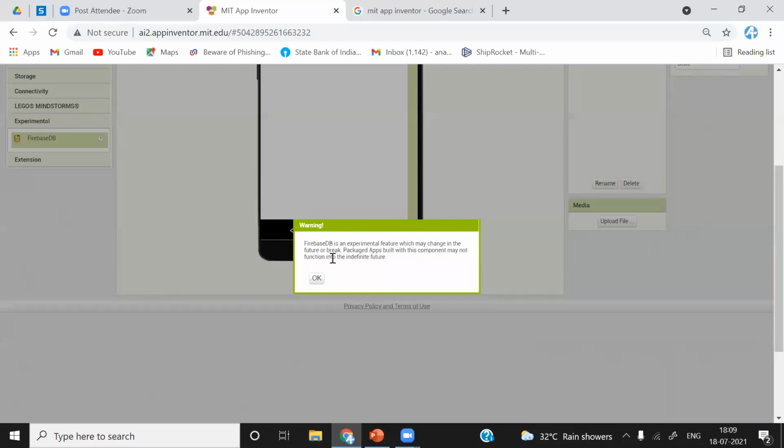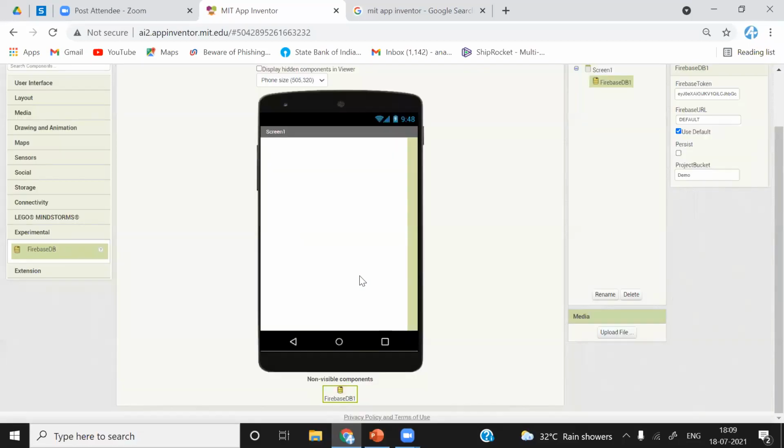You can see the warning: Firebase DB is an experimental feature which may change in the future or break, and packaged apps built with this component may not function into the indefinite future. So it is just telling us that in the future it may not be available in the MIT App Inventor platform.